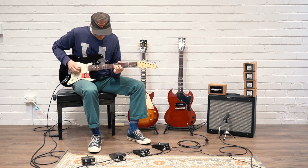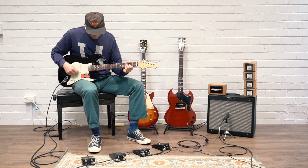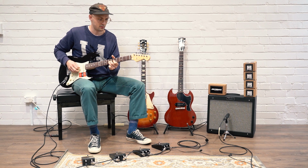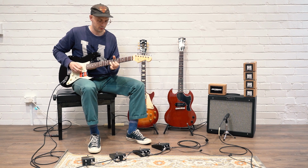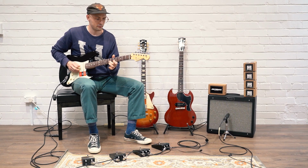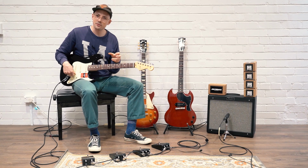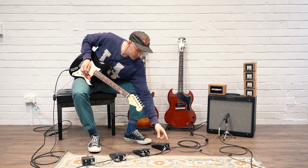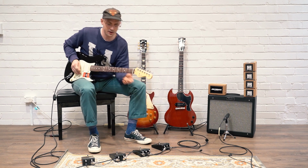So here it is all the way down. And here it is halfway. And all the way up. This one does clean up a little bit with your volume knob, but still stays very, very fuzzy. Alright, so tone knobs on these Big Muffs seem to always work in reverse. So when I turn it all the way counterclockwise,